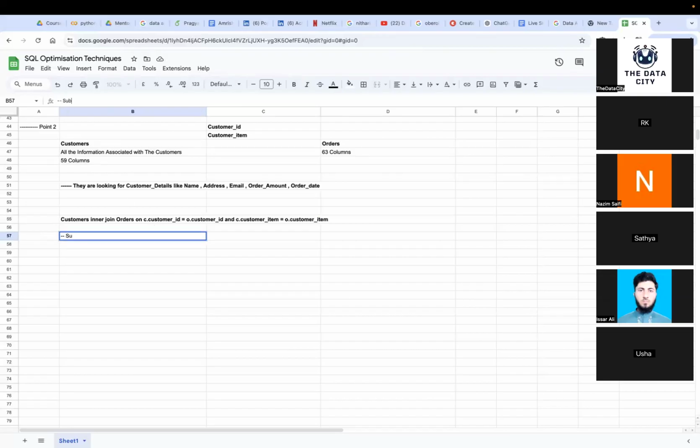So what you can do is use a subquery approach here. First will be your customer subquery. Keep one thing in mind: when you create a customer subquery, you write only the columns that you require, like select name, address, email, and the joining key also. It is not required in the output, but I will take it in the subquery because I have to join on it. So I will take customer ID,